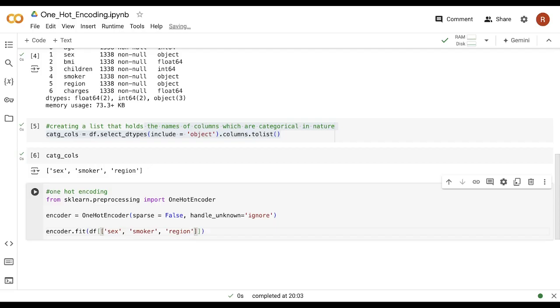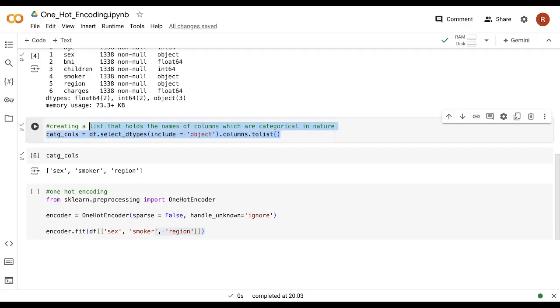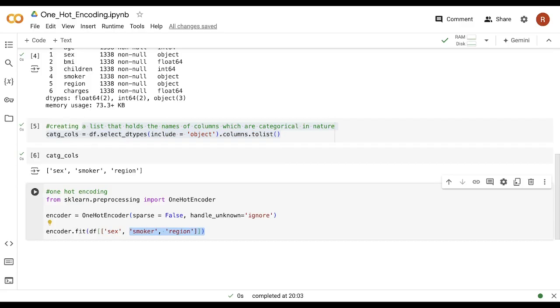If you have a large data set which consists of a lot of features, then it's not manually possible to enter all the categorical columns explicitly here. So it's better to go ahead with this categorical columns method instead of giving all the columns explicitly. And the reason behind using two square brackets here is because we are extracting the data in data frame format. If you don't give the two brackets, it will consider the array format and not the data frame format. So let me delete this and again say categorical columns here. Let's run that.